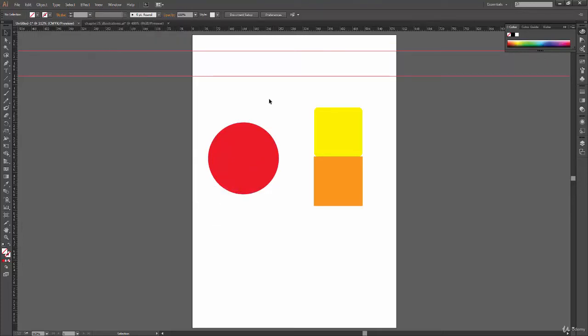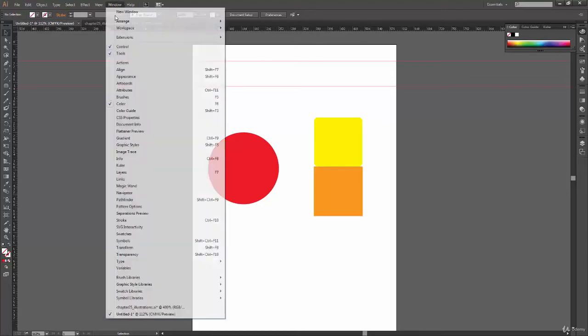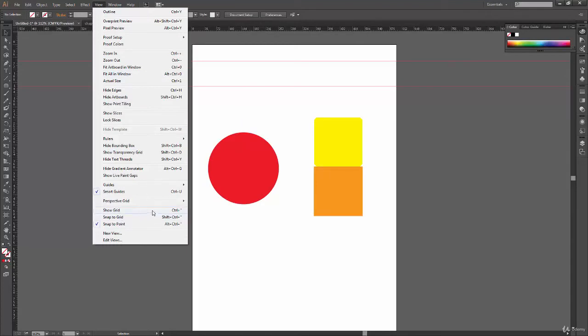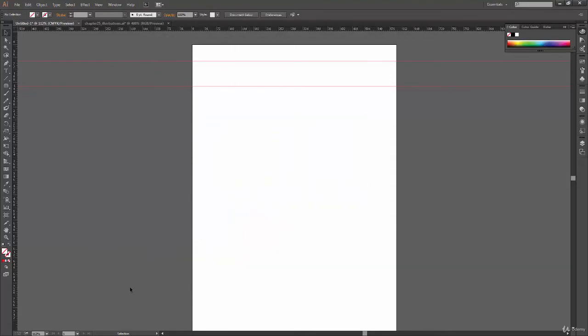So it got locked automatically without even any selection. And if you want to lock or hide any particular set of guides, then you can just select them and say lock and unlock. So I'm just gonna unlock it right now and select all of this and press delete.